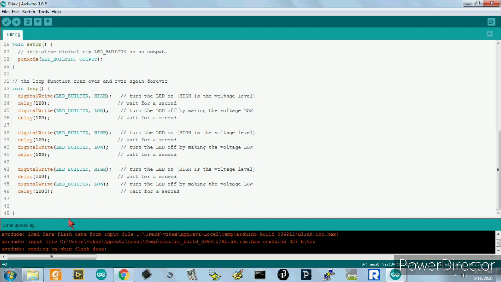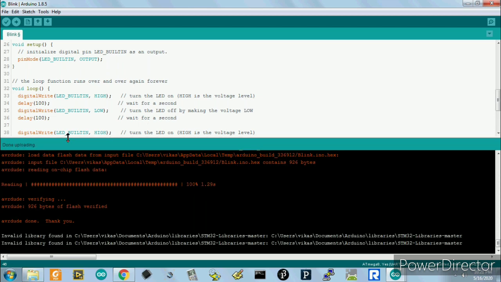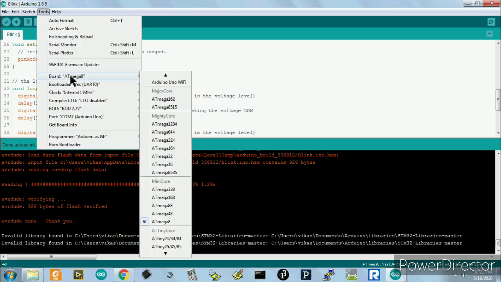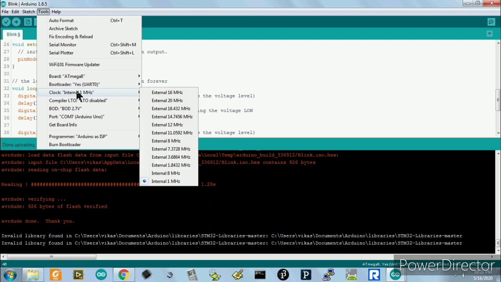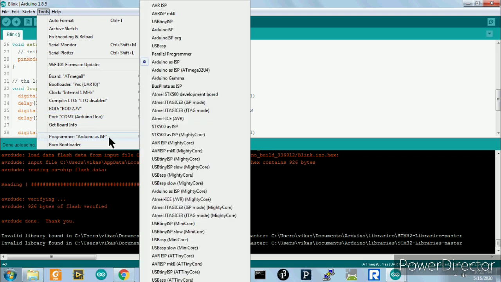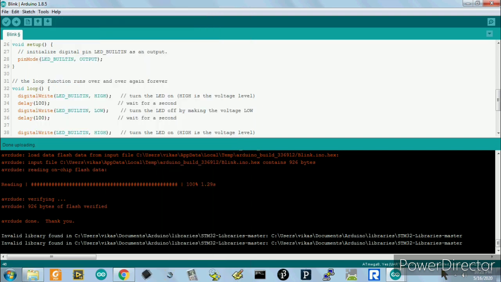Here the things to be checked: first of all we have to choose the board ATmega 8, bootloader, internal clock 1 MHz, and Arduino Uno connected at COM7. The ATmega 328P is not on the Uno board, that we have removed, and the programmer is ISP. This is correct, and here you can verify whether all are correct or not.